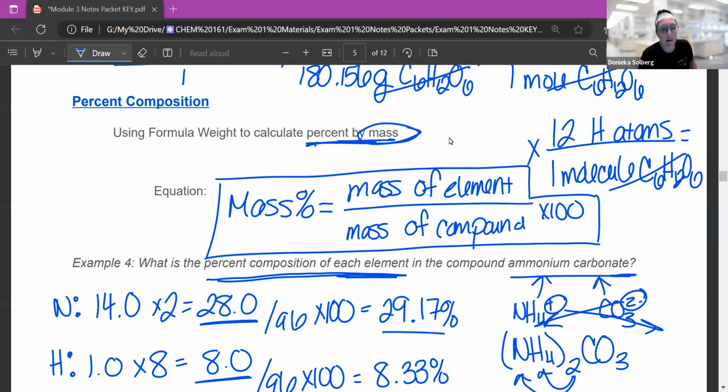This is percent composition, which, as you can probably figure out, if you're looking at a molecule, is like the percentage of all the elements in there. So a percent is always a part for a whole, and so you can look at the parts. We were just talking about glucose a minute ago, right? So we can talk about the carbon percentage or the hydrogen percentage or the oxygen percentage that is in